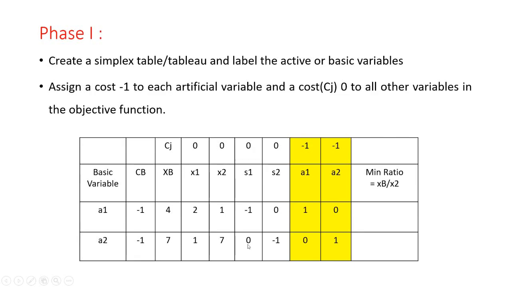So S1 is 0 for this equation, -1, A1 is 0 for this equation and A2 is 1 for the second equation. So here we get the identity matrix for the artificial variables. If you are not considering the artificial variables, and only consider the surplus variables, we get the matrix in the form -1, 0, 0, -1. But we require the identity matrix in the form 1, 0, 0, 1, so for that purpose we are adding the artificial variables A1 and A2. So this is a simplex table.